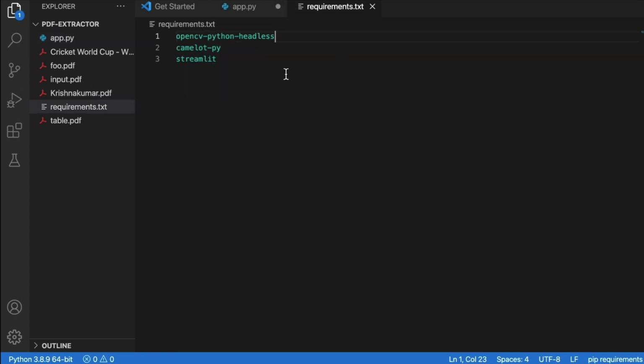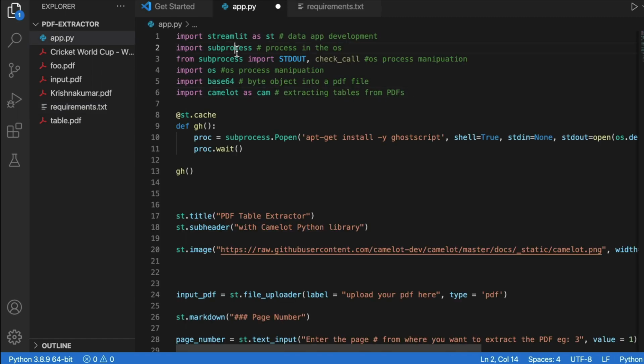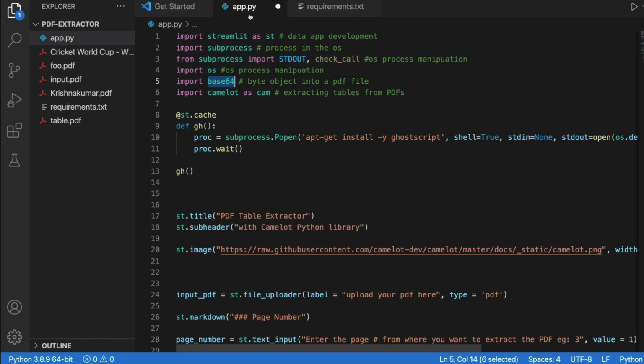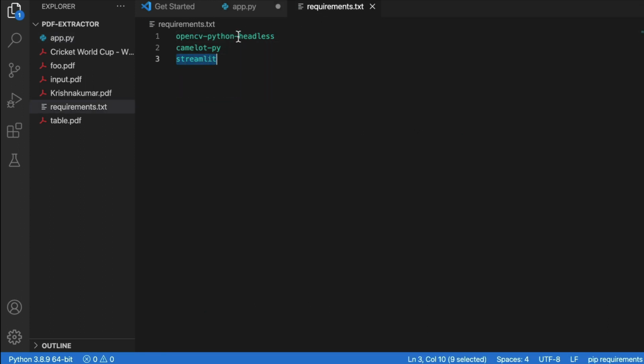The requirements.txt file looks very simple, and the reason it looks very simple is because subprocess, OS, base64, all these libraries are part of your basic Python installation. So now you need to care only about Camelot and Streamlit. As you know, Streamlit is installed by streamlit, but Camelot has one more dependency, which is OpenCV.